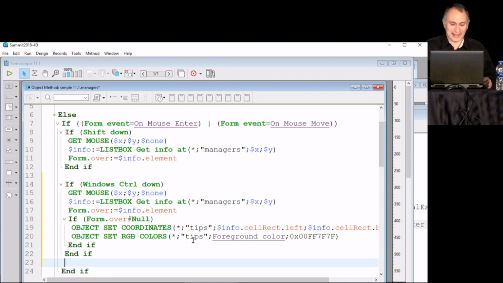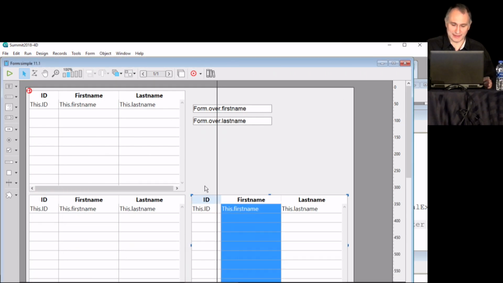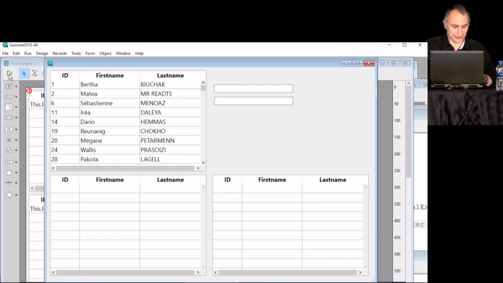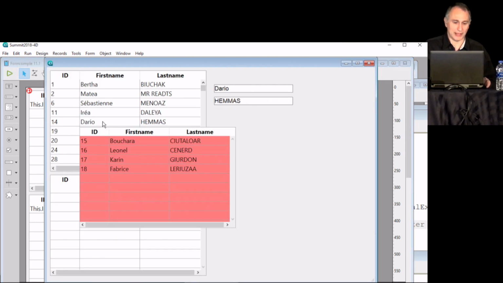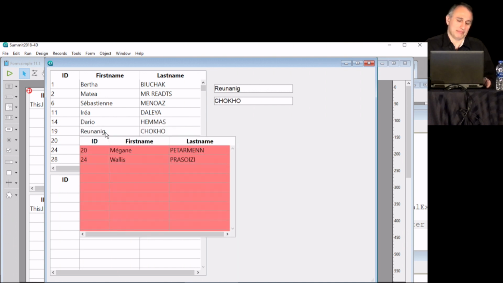So, and I'll change the object called tips, color, and coordinates. So the tips is there. That is that Listbox. So if I run it again with that code, now if I press Control, I get something like this. You see, that's it. It's with only